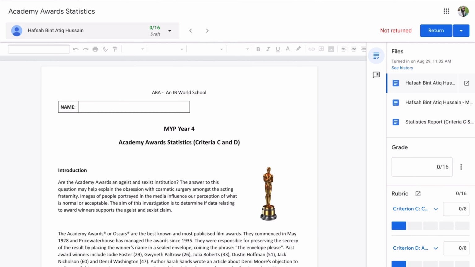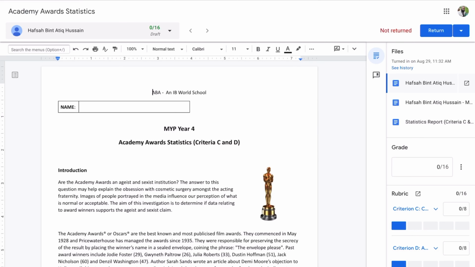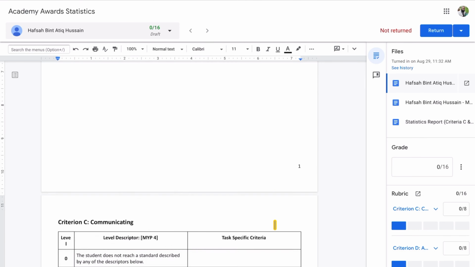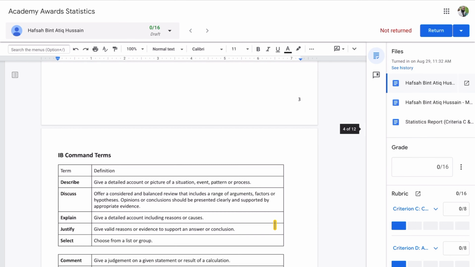Now, because this is a Google Doc, it's going to allow me to review this document and make changes if I really wanted to. So depending on your assignment, maybe this is a draft, a first draft or a second draft. Maybe this is the final assignment and you're grading it as a final assignment. What can we do? So first things first, if I'm just going through this document, and I'm grading this document